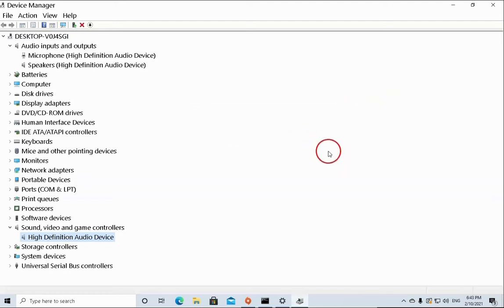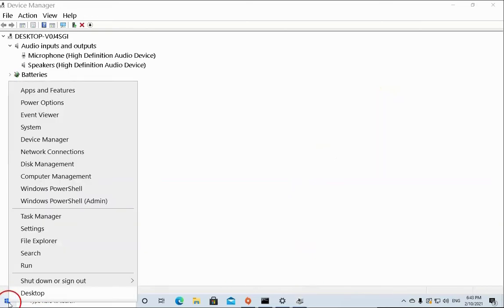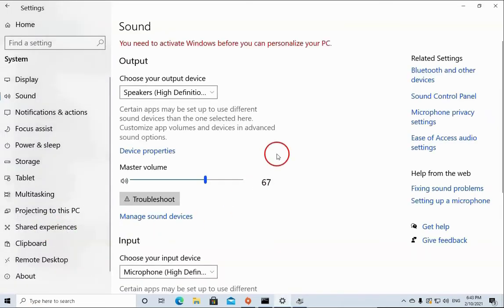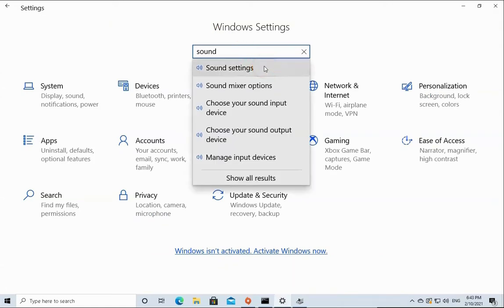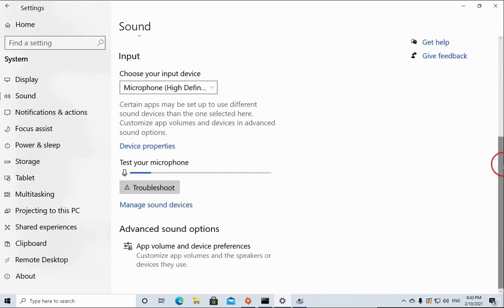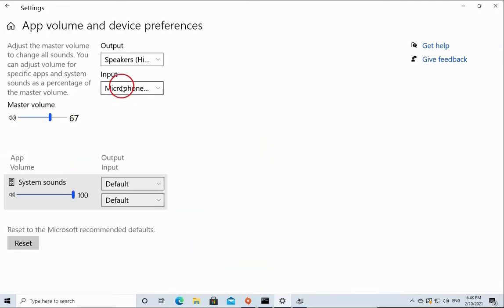If the issue doesn't resolve you have to right click on the start menu and then click on settings. On this page you have to type sound and then click on sound settings. Most of the time it happens that the application we want to hear from or the application we want to talk to are muted. So here you will find the applications and those will be muted for some weird reason. You have to unmute those and also check if input and output devices are correctly configured over here. So you have to check these options as well.